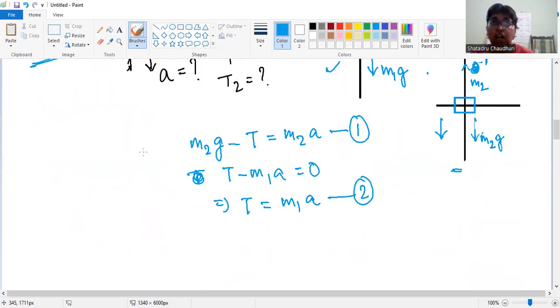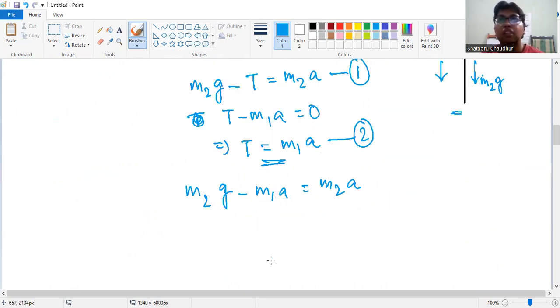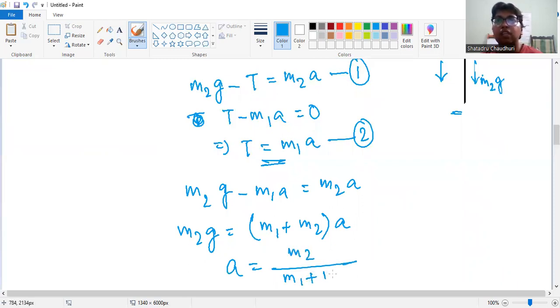नाउ if I use T equals to M1A, M2G minus T equals to M2A, so if I use the equation 2 in equation 1, so my equation will be M2G minus M1A equals to M2A. So this eventually gives M2G equals to (M1 plus M2) into A. तो यहाँ से A equals to will be M2 by (M1 plus M2) into G।